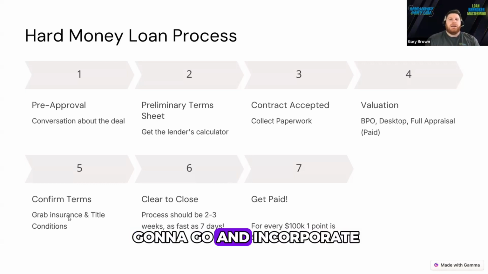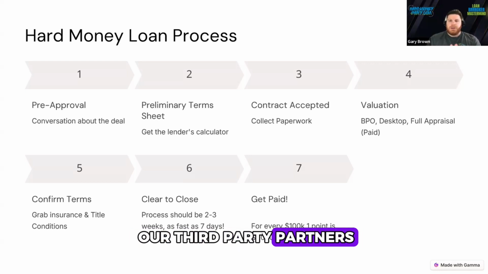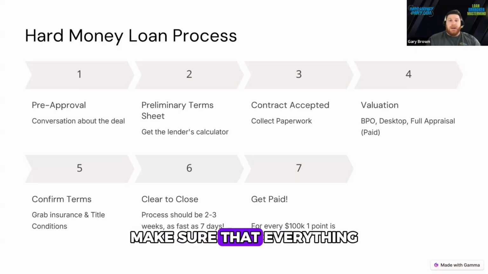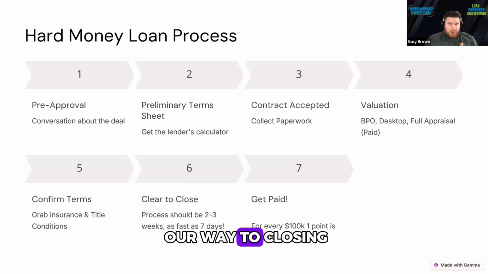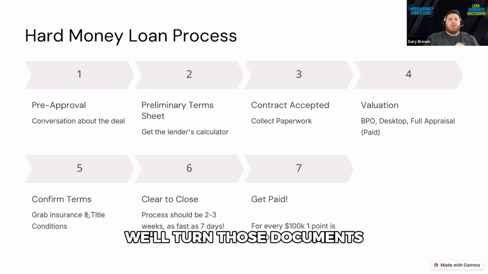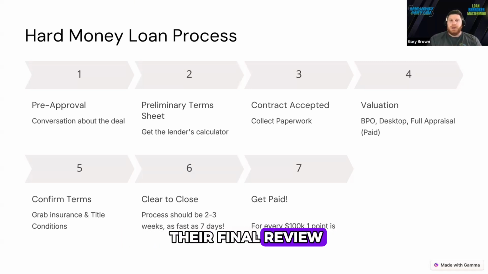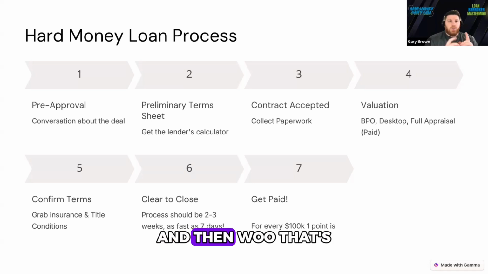This is where we're going to incorporate our third-party partners. We're going to grab insurance. We're going to grab the title conditions, make sure that everything is kosher and on our way to closing. We'll turn those documents back into the lender where underwriting will do their final review, and then they will issue us the clear to close. Should take about 2 to 3 weeks and as fast as 7 days. And then, woo,